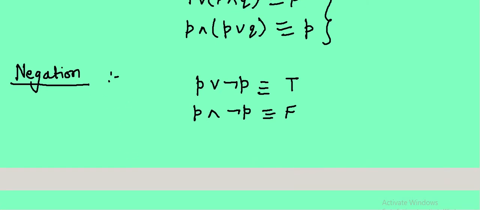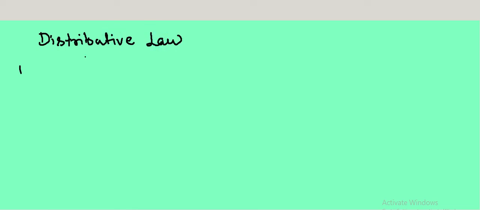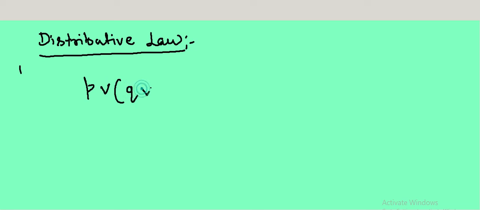Now the last law which I have left is the distributive law, right? So the distributive law is again very easy. Distributive law says if we have this kind of formation of propositions, P or Q and R, in this type of statement,